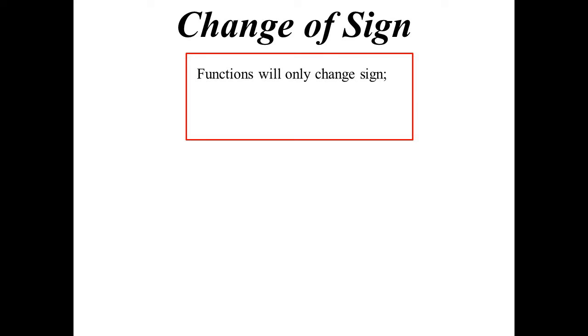Change of sign goes along with the critical points idea. Because when you talk about a function, when will it change from positive to negative? It will happen in one of two situations. Obviously, at the x-intercepts, because when it's 0, that must be the point where it could possibly change from positive to negative. But the only other situation is maybe at a discontinuity, because it could always jump from positive to